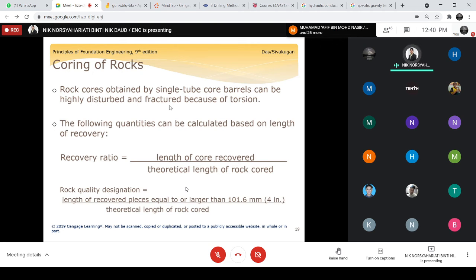Due to that, you need to determine the recovery ratio based on this equation. Based on this, you can proceed with the rock quality designation, which is